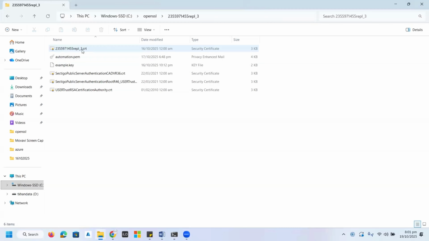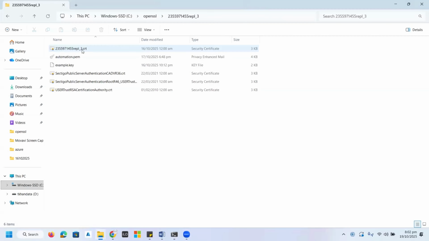I have already created one, but for the purpose of the demo, I'm going to recreate this PEM file as well. Whenever we are going to create the PEM file, we only need two files. The first one is the CRT file, which is provided by any service provider, might be Cloudflare, SSL.com, GoDaddy, or any other vendor.